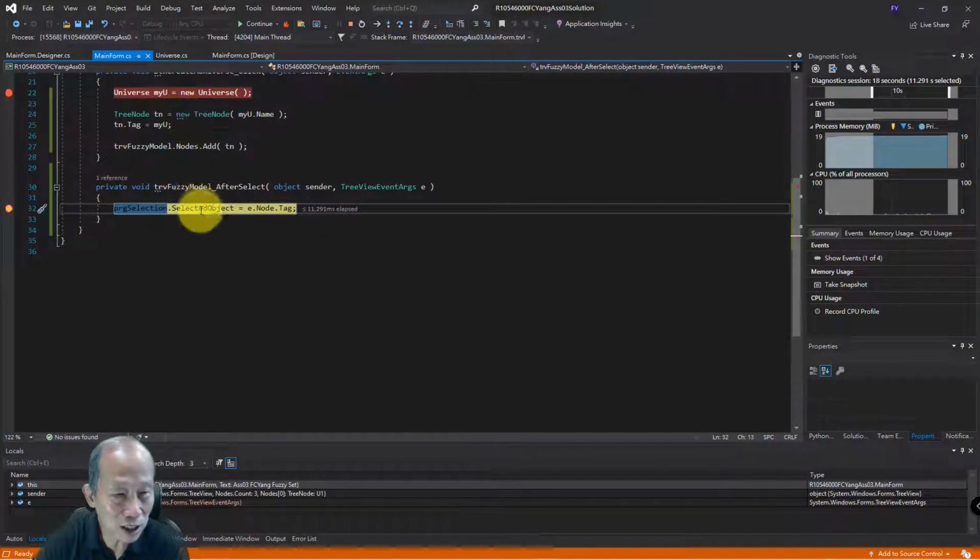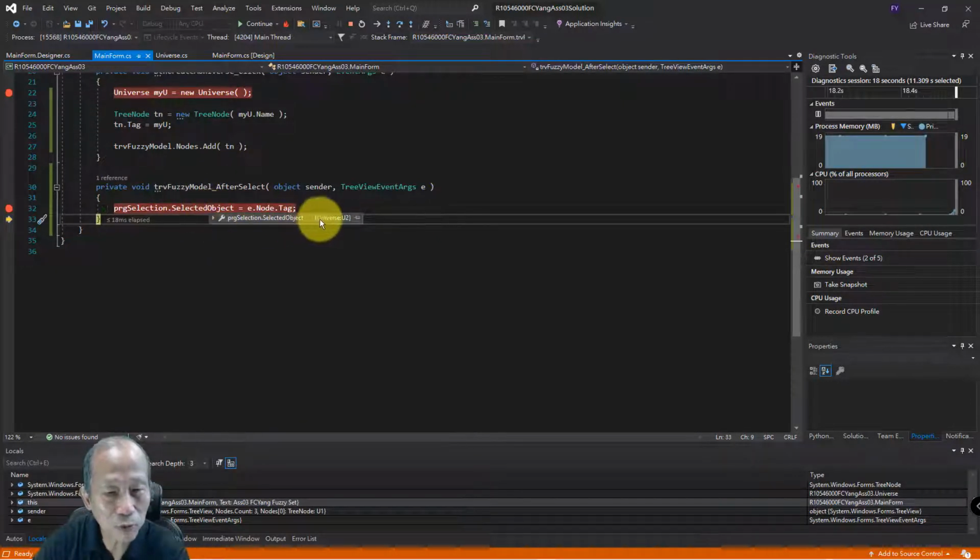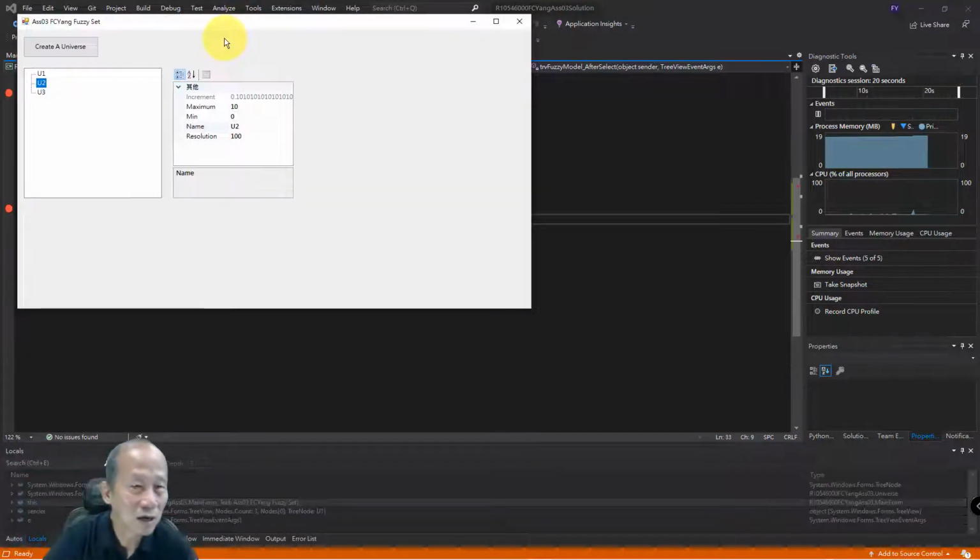Currently, selected object is none, right? Once this line is executed, selected object will show the properties of this universe U2. So let us continue. All right, these are your properties. You can see I have the name U2 right here. Minimum value, maximum value, resolution, increment, read only. If I change the maximum value into 100, and then move your cursor to another place to activate this change,